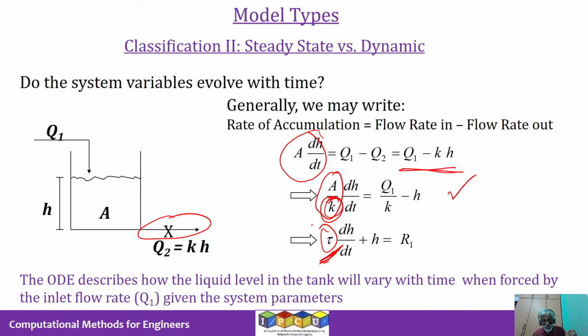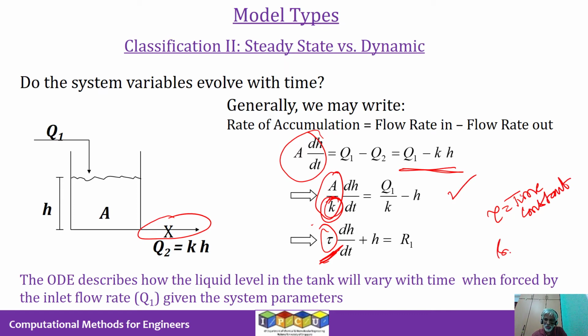That's how you can design tau. Or you can have a low value of A, the cross-sectional area. That's also a way of handling tau. If you want tau to be small, either you can have small A or big K, right? Both will have the effect of resulting in a small value of tau. So tau is what is called the time constant, and that determines the speed of response of the system.